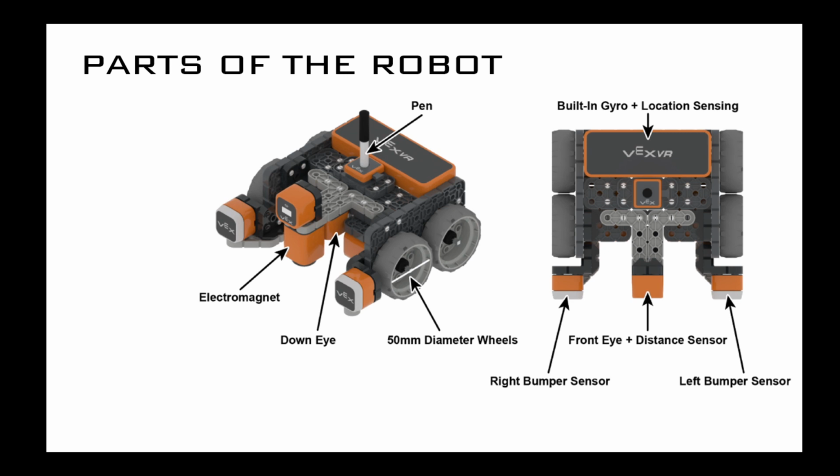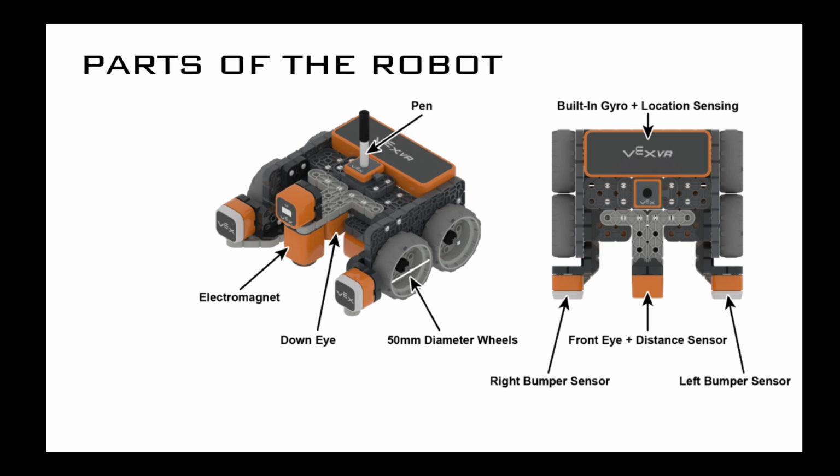So now, what are the parts of the robot? This robot is specifically designed for VEXcode VR, or virtual reality. Here on the left side, we have a pen. Again, what I said a while ago, it is an added feature. We have an electromagnet down there, so it's facing down. We also have a down eye, so later you'll know what that is. We have 50mm diameter wheels there. And on the right side here, as you can see my mouse,